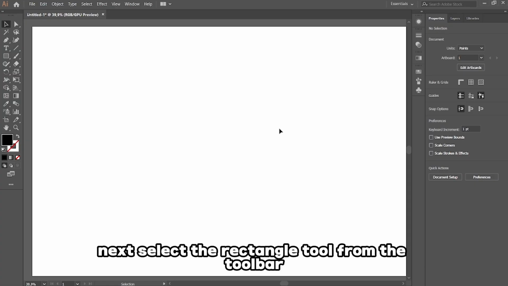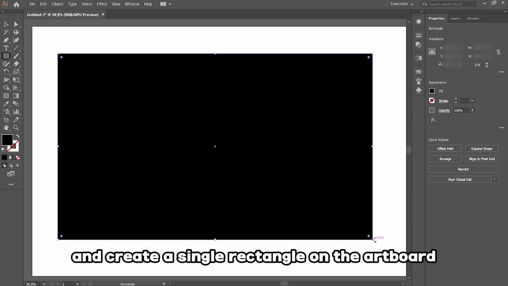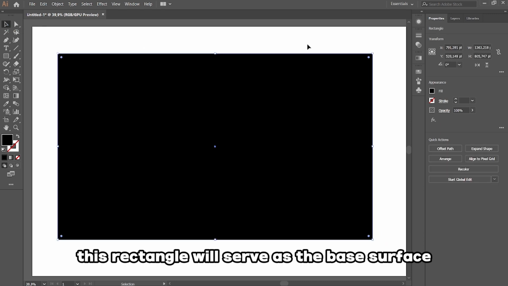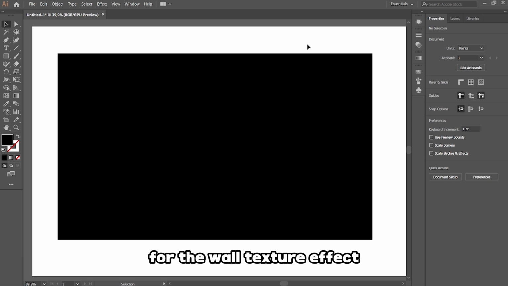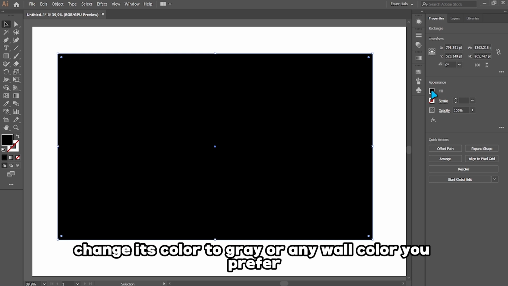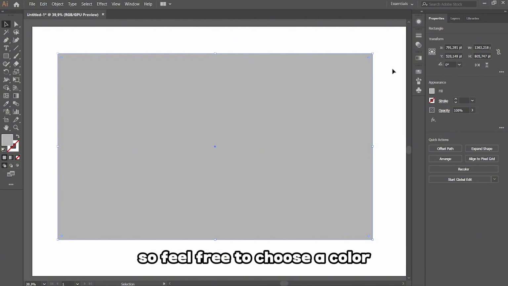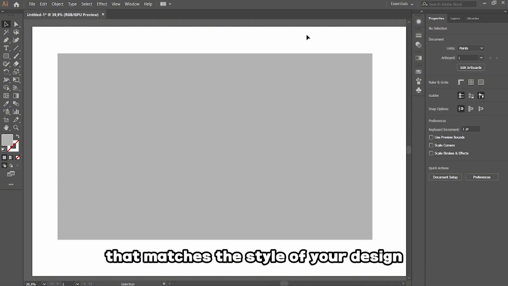Next, select the rectangle tool from the toolbar and create a single rectangle on the artboard. This rectangle will serve as the base surface for the wall texture effect. Once the rectangle is created, change its color to gray or any wall color you prefer. Different colors can produce different visual results, so feel free to choose a color that matches the style of your